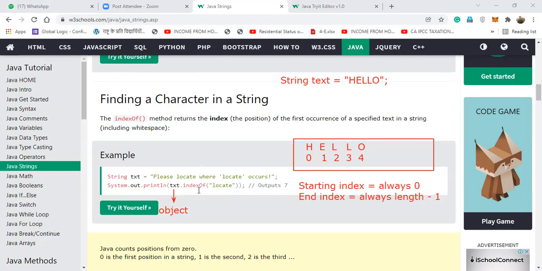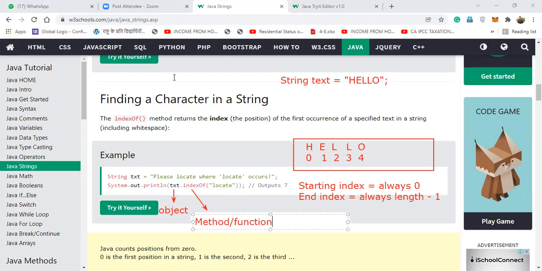Now, what is this indexOf? This is a method or a function. What does it do?